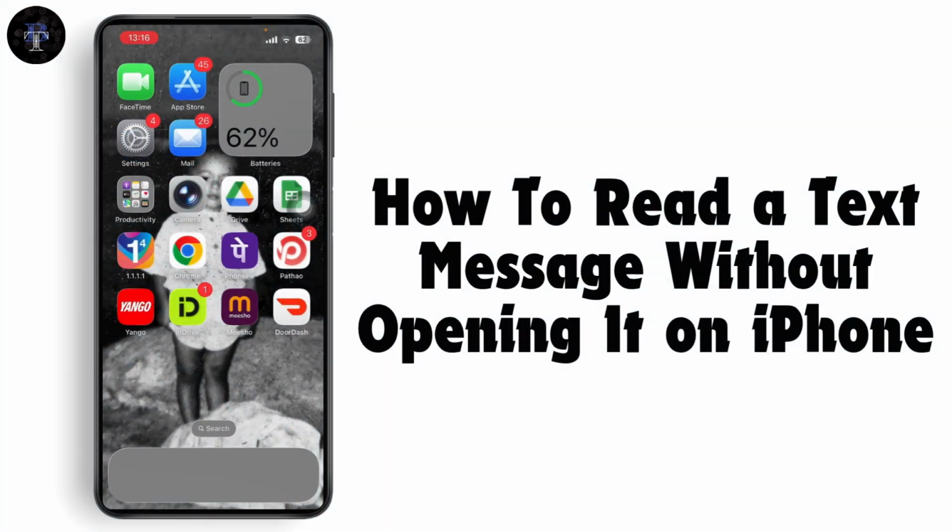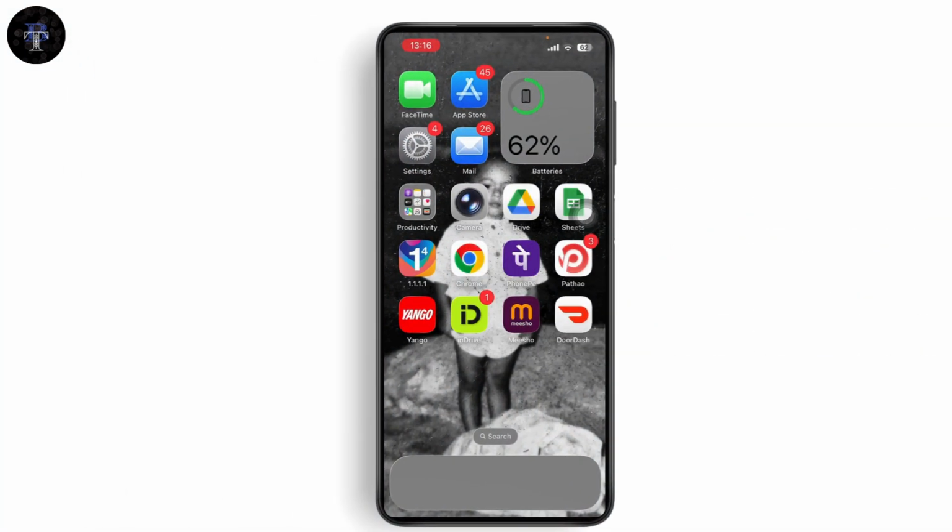How to read a text message without opening it on iPhone. So if you want to read a text message without opening it on your iPhone, then what you need to do is